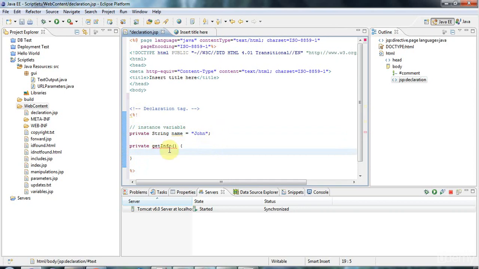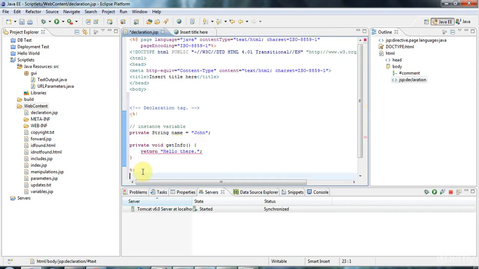And this is not going to have access to the request or the response or out or any of these predefined variables, because they are I guess arguments to the method that this code gets put into, which is some kind of equivalent of a doGet or doPost, I'm not really sure. But if you wanted to access, for example, the out variable here, you would have to pass it in when you call this method. But let's just return a string, hello there,